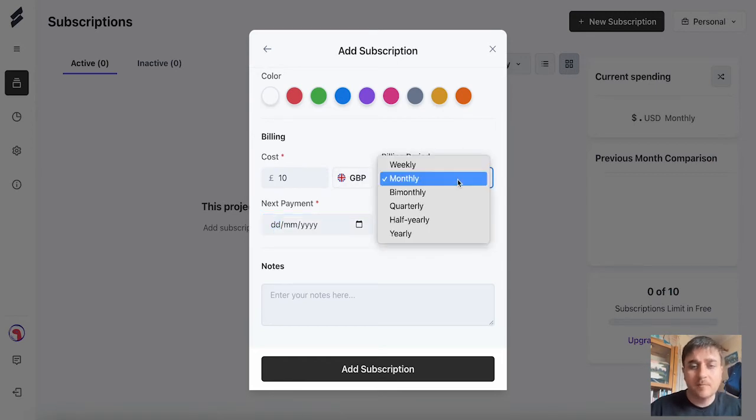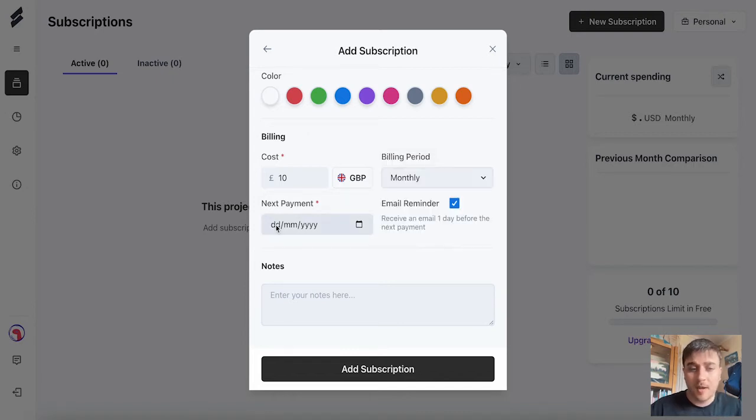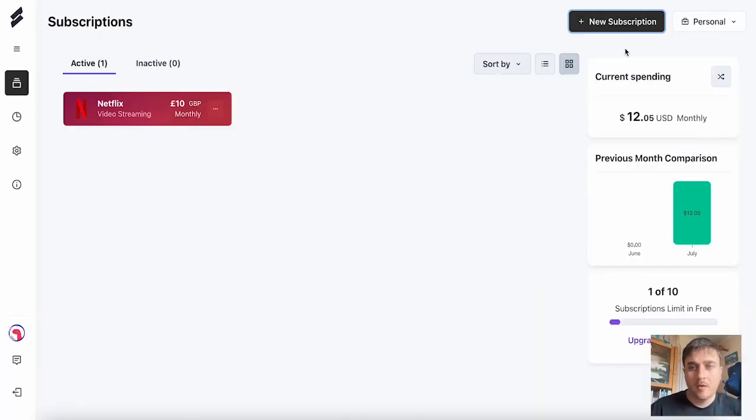You can then set the billing period, so you can set it from weekly, monthly, bi-monthly, quarterly, half-yearly, yearly. I'm just going to leave this on monthly. And then we can also set the next payment. There's also the option for an email reminder, so you can receive an email one day before the next payment. And then finally at the bottom we have a note section where we can add any notes that we might want to put there. Once you're happy there, if you just click on Add Subscription,